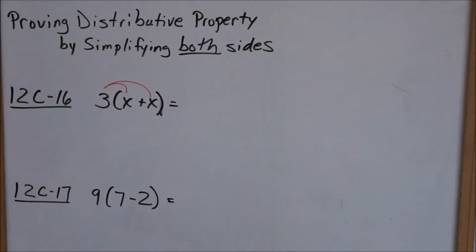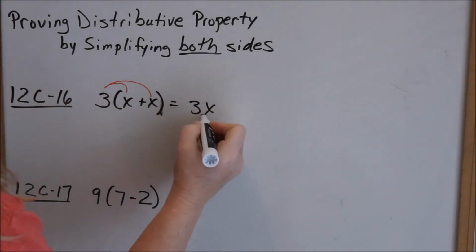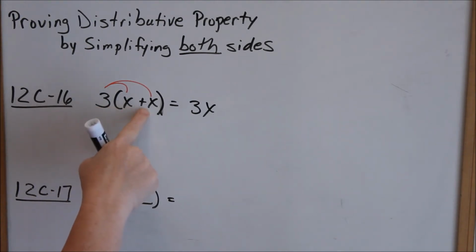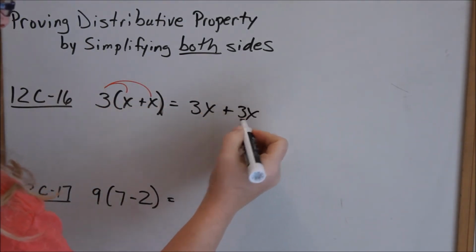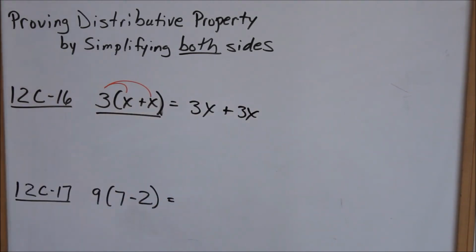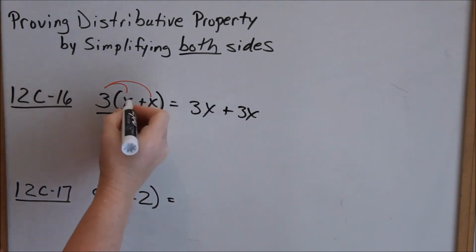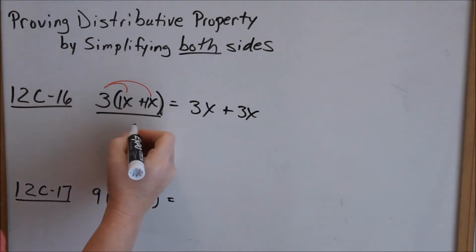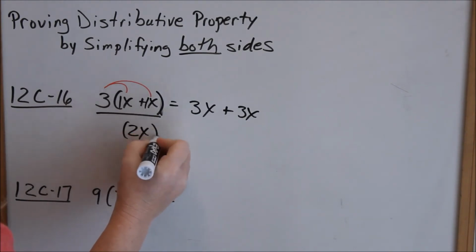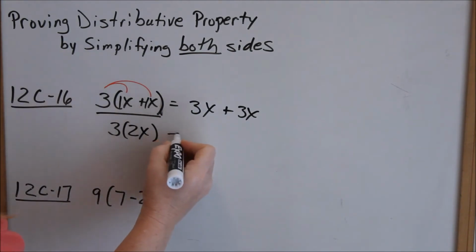So take your 3 and multiply it to everything in the parentheses. 3 times x, we write it as 3x. 3 times a positive x is a positive, and again 3 times x, 3x. Now let's just work this side, doing the parentheses first. X plus x, that is an implied 1 in front and an implied 1 in front. So 1x plus 1x is 2x. Leave that in the parentheses. Your 3 goes out in front because that means 3 times that equals